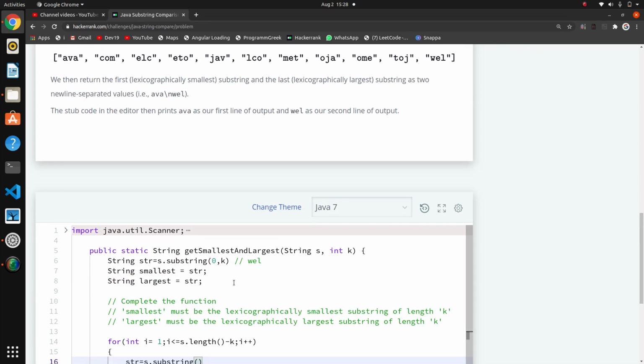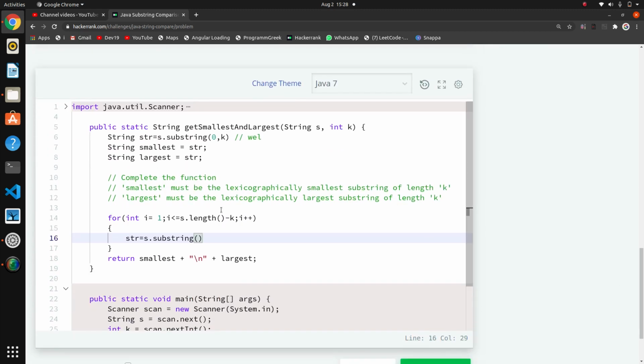We start from i and end at i plus k. Then it will take elc, in the next iteration it will take lco, then com. Like that it will iterate and take that string in the str variable.